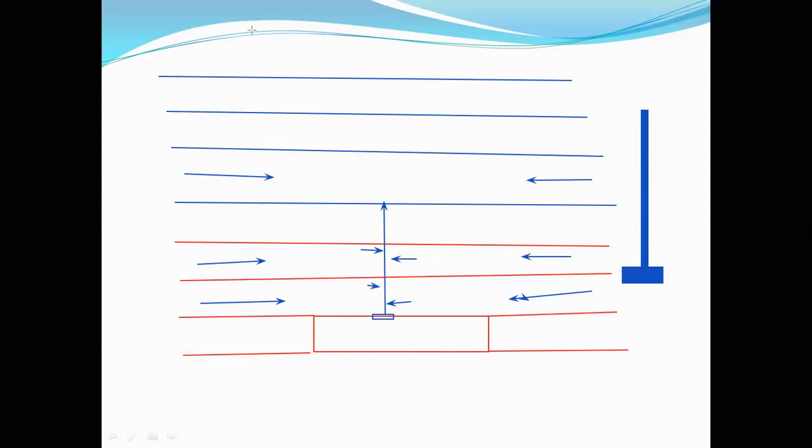Due to movement of this strata, the support is subjected to something like this, right? So in order to accommodate this lateral movement of strata, so that the roof bolt will not fail. Otherwise, what happens? Due to this lateral movement of strata, the roof bolt that we used, which is tightened against the hole, right? It gets loosened and it will fail.